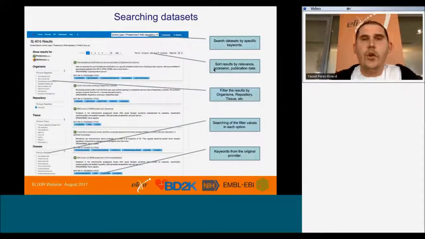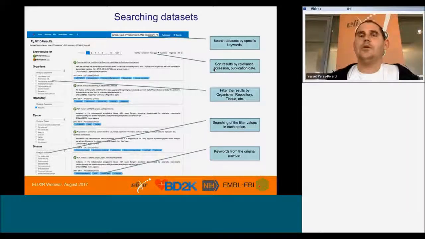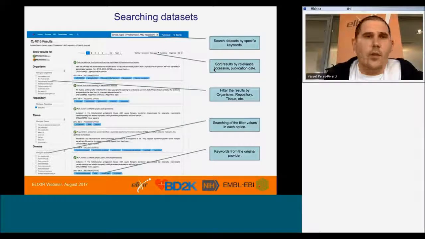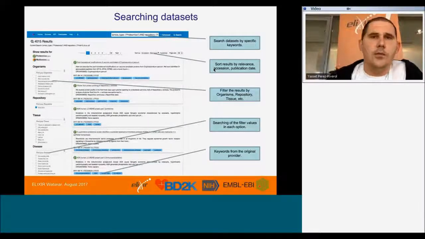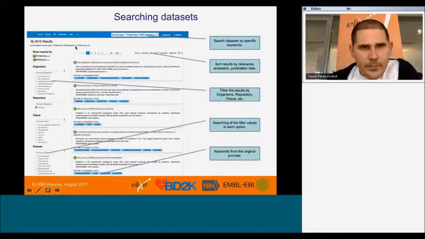How can you search in OmicsDI? The easiest way to search for data is by looking into the resource and then doing some queries, as we do, for example, when we are looking for other things in our life, let's say in eBay or Amazon. You can basically use the search box here to type your query. And there is a lot of help